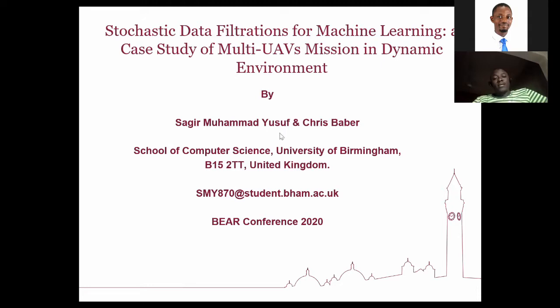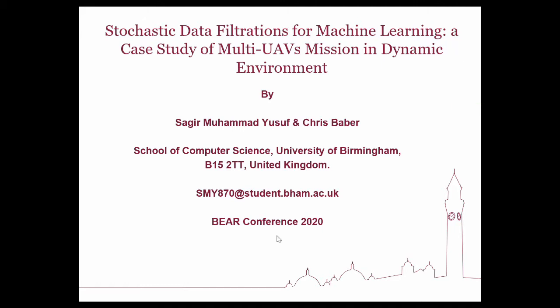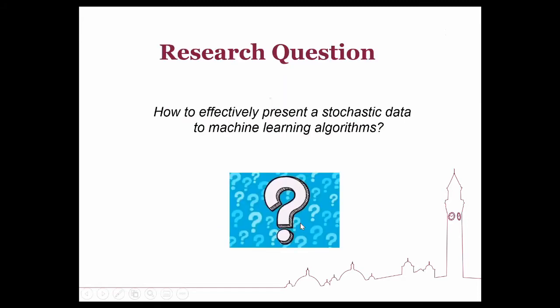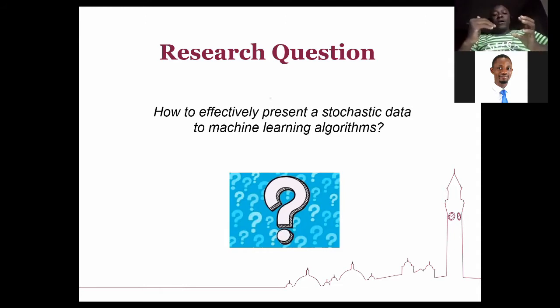at how effectively it is, and get some insight from planning algorithms in order to obtain a perfect prediction. So we took a case study of multiple drones swarming in an environment and collecting some random data such as wind speed and wind direction, and we can use that data and present it to a machine learning algorithm and see how these machine learning algorithms will be able to predict, to make some